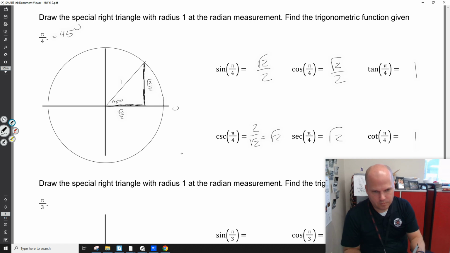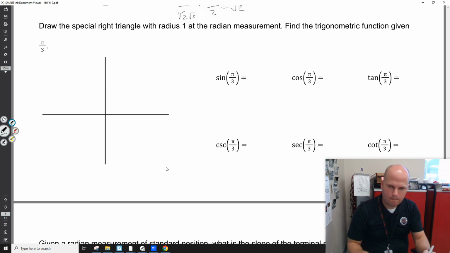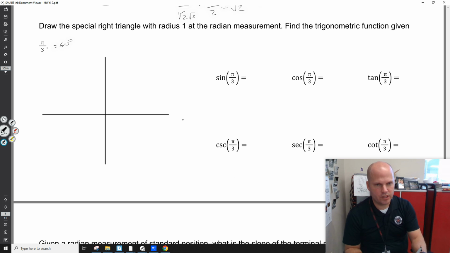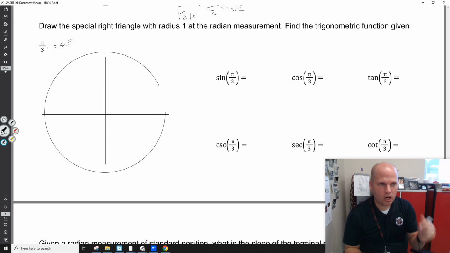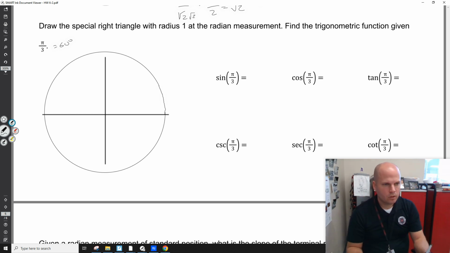Let me just show you it. I'm sorry, I don't want you to be confused. Okay, pi over 3. Pi over 3 is equivalent to 60 degrees. Starting at 0, going an arc length of pi over 3 around my unit circle creates this terminal ray,